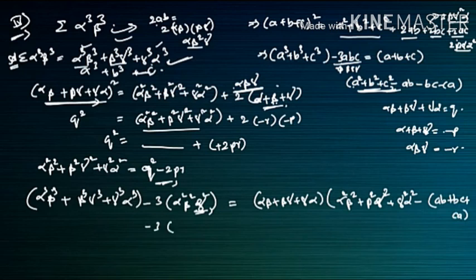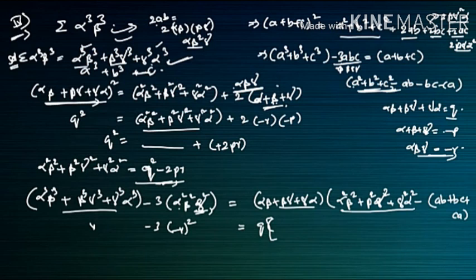Minus 3 into this alpha square beta square gamma square is equal to minus r square, this one minus r whole square. So this total will remain here. Okay, now alpha beta plus beta gamma plus gamma alpha is equal to how much? Q. So Q I will write that only. So it will become Q into this total value what we have got: alpha square beta square plus beta square gamma square plus gamma square alpha square is equal to Q square minus 2PR.